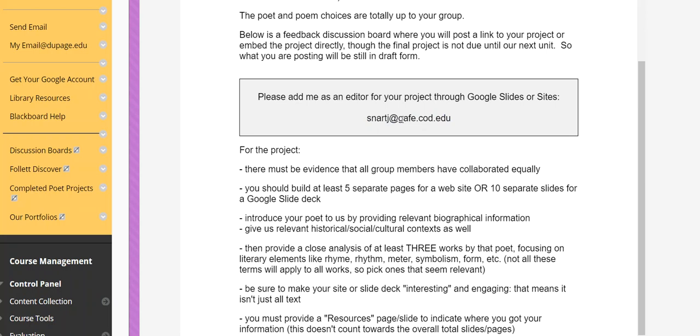So it helps if I have editing access to your material, whatever it happens to be, not because I'm actually going to edit it, but it helps me to see who's been into a slide deck, how often, and what they've added. Rarely do I have to do that, but once in a while things go off the rails and I have to step in, and it helps me to have that good history.